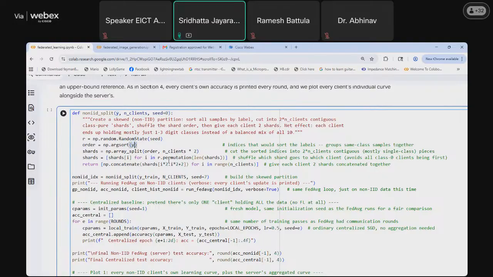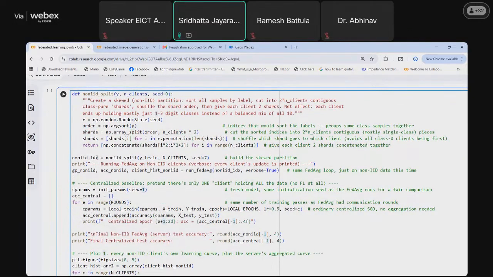So in this case, each of the clients ends up with two shards of data concatenated together, and they end up having two classes, which is not independently or identically distributed, because each client will have different classes.